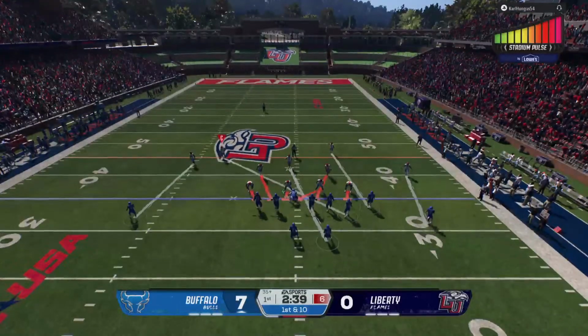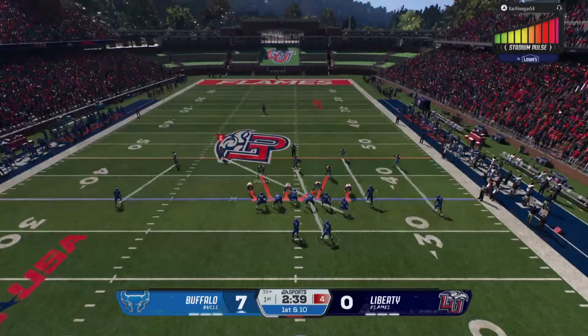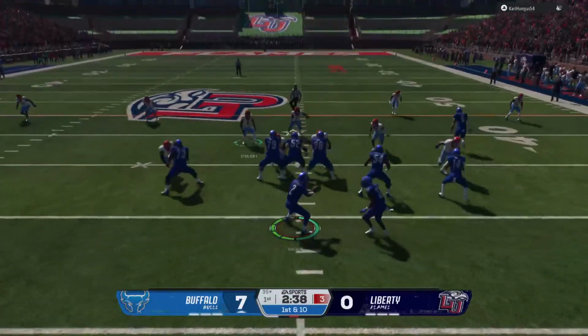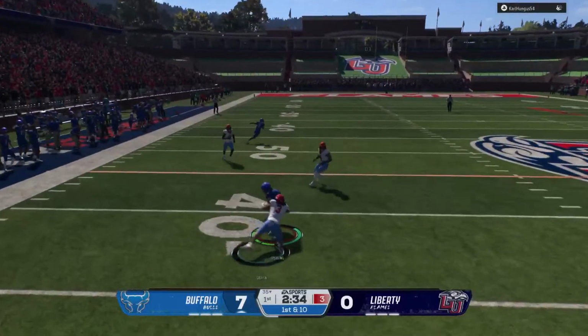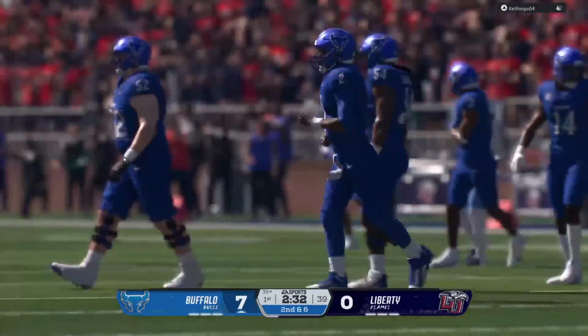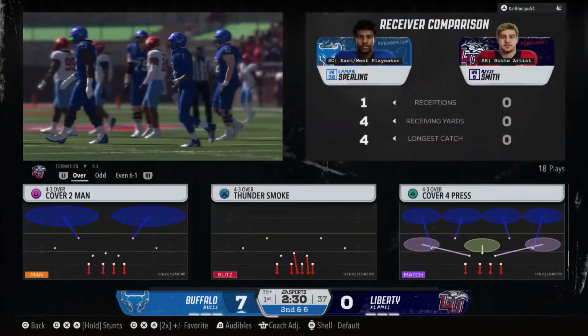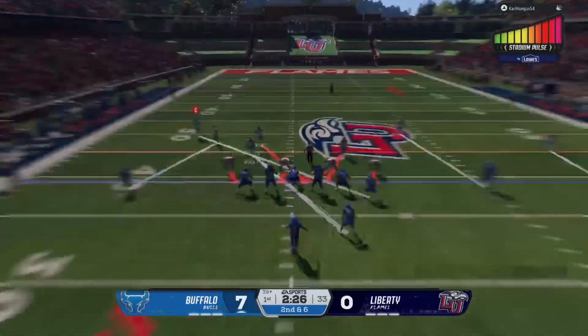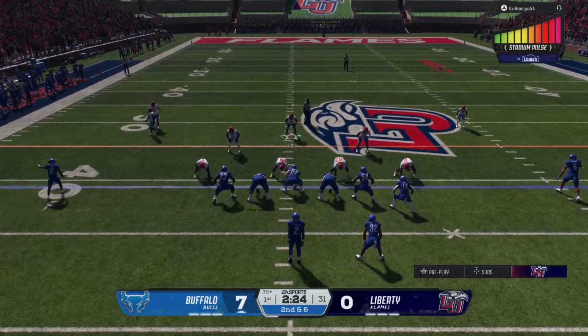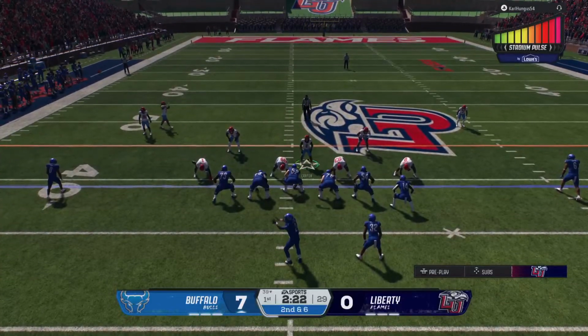They'll start this drive from their own 35-yard line. Coming out on first down with the play fake. They're working that left side. And a good job of coverage by that defense, just a short pickup. And that's kind of a lot of today's running game, right? Spit the ball out quick, get it to your playmakers in space, get positive yards.